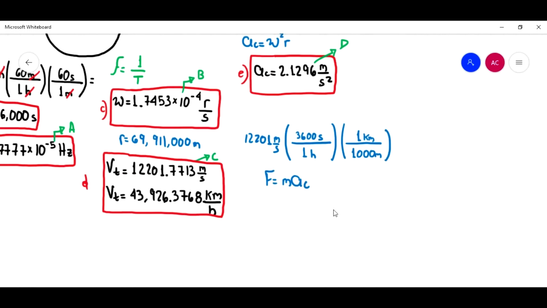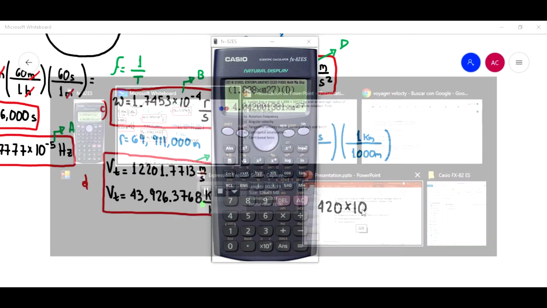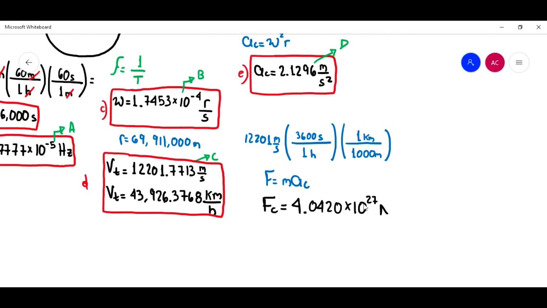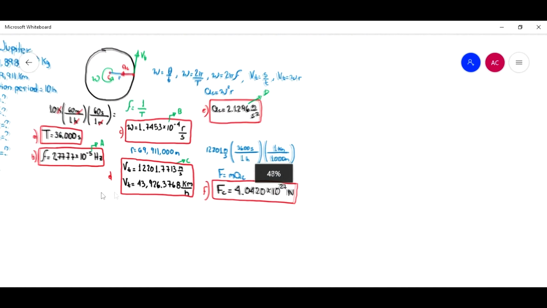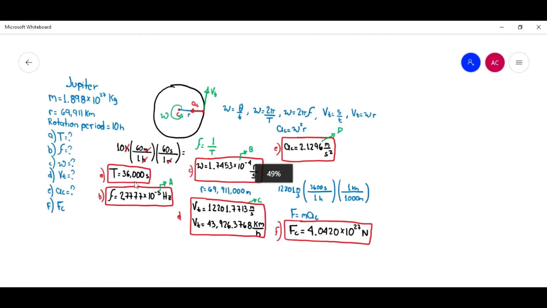Okay, that's a huge force. So the centripetal force equals 4.0420 times 10 raised to 27 newtons. Okay, that's a real big centripetal force. This is letter F. Okay, so this is problem number 2, and remember we are working with uniform